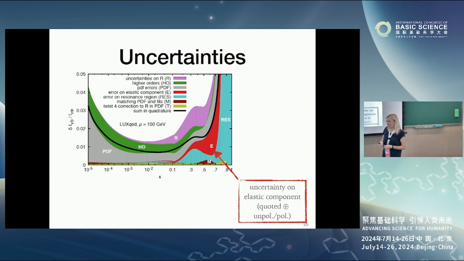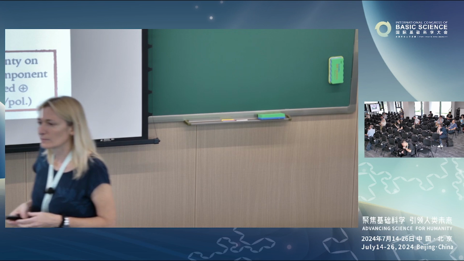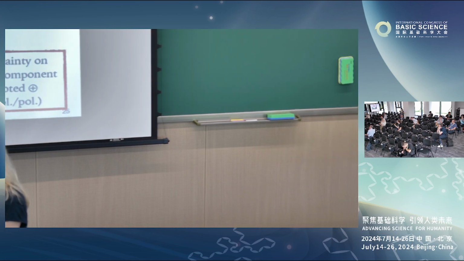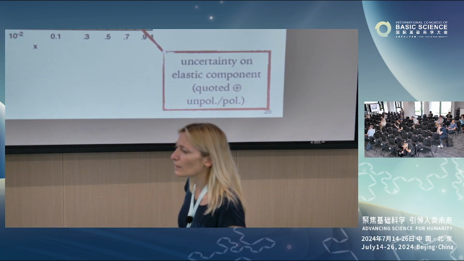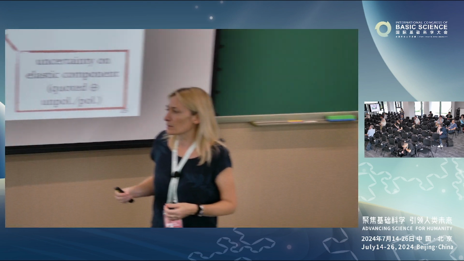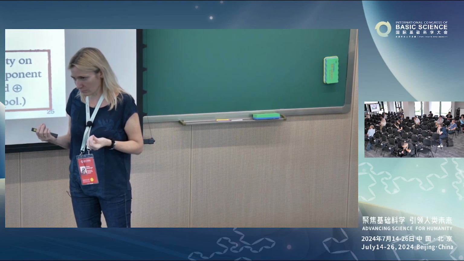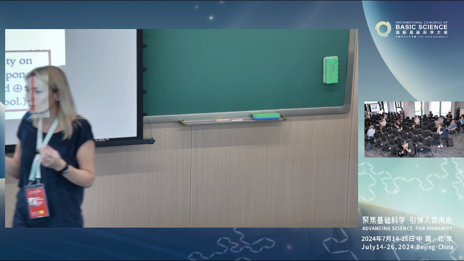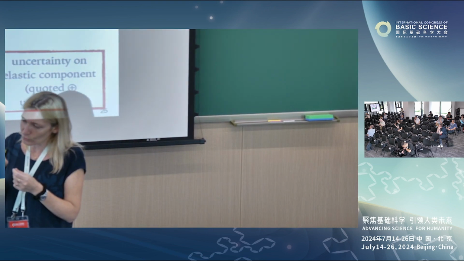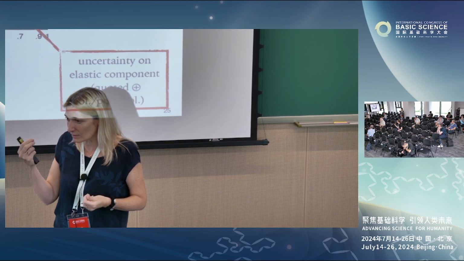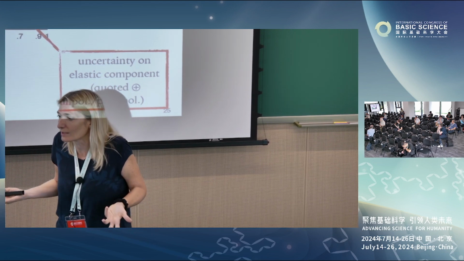I'm wondering if you could repeat what this resonance region is and why, for example, it dominates uncertainties at large x. What is the resonance contribution again? Could you describe it again? So if you look at the plot of the R ratio in any QCD book, you see that at very low Q squared, you have all these resonances, the resonance production of light resonances.